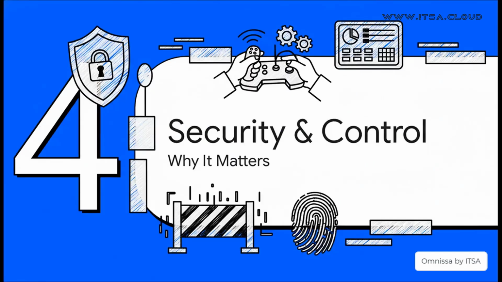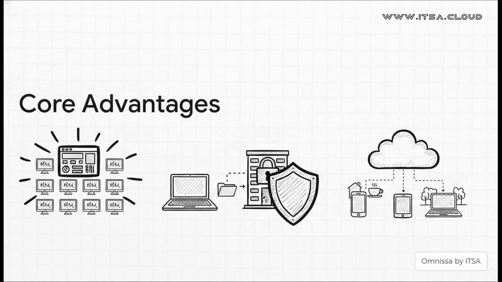We've talked a lot about the how, but let's connect this back to the why. Why do companies invest so much in this kind of technology? Well, it all really boils down to two things that every business needs: security and control. So what's the big payoff? Well, it really comes down to three huge advantages. First, it's all centrally managed. IT can patch, update, and control everything from a single screen. Second, and this is a massive win, is data security. Since the desktop is running in a secure data center, no sensitive company files are ever actually stored on an employee's laptop. So if that laptop gets stolen, the company's data is still completely safe. And finally, it gives people secure access from anywhere, letting them work freely without ever compromising security.